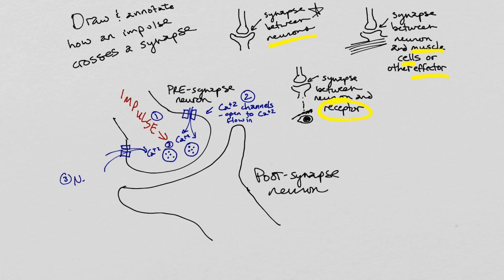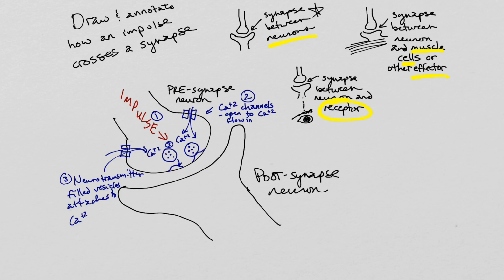So these are neurotransmitter-filled vesicles. Okay, so once the calcium attaches to these neurotransmitter-filled vesicles, that is a signal for them to do exocytosis. They're going to merge